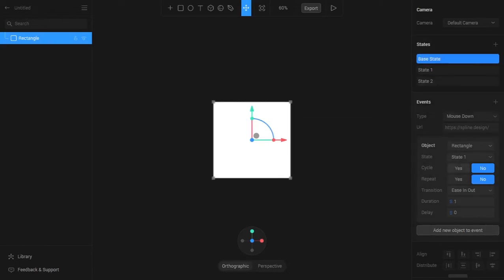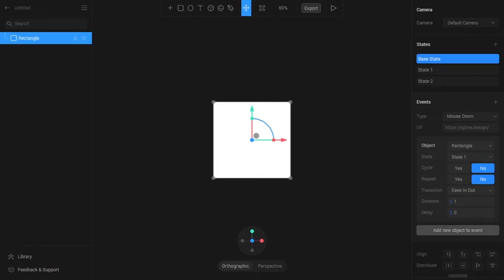Now we have a cycle option, which is nothing but whether the animation occurs in a reverse format, that is from base state to state 1 and then state 1 back to base state. Then we have a repeat option which can be used to repeat the event or else just end the event after a single time. Then we have a type of transition to occur, so we have some different transitions here. Then we have a duration, which is nothing but the time taken to switch between the base state and state 1 or whatever states you have. And then there is a delay option which can be used to apply a delay time at the beginning and the end of the event.